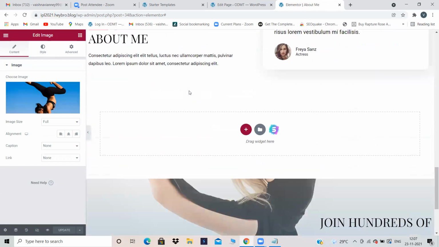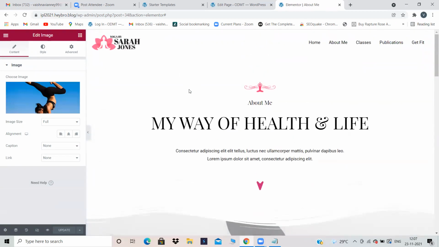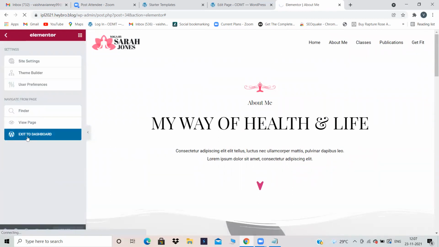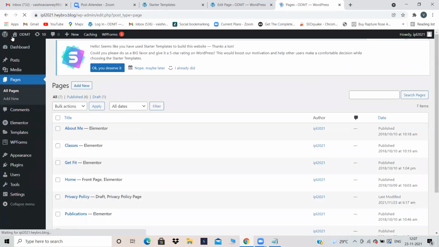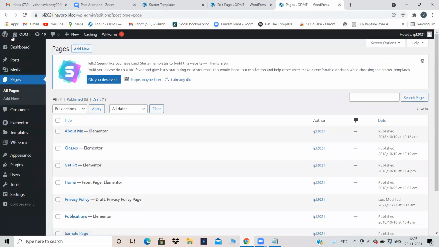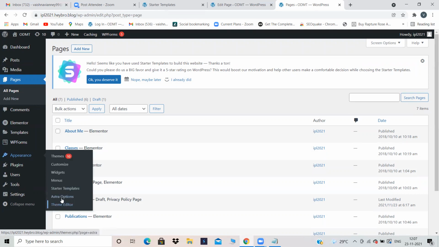Now, let's go back. See, the main concept you need to remember, Pranita, that is first Elementor, next Astra theme, install and activate Astra theme, then in appearance, about theme editor, Astra options will be available. Click on Astra options, click on importer plugin. That is import plugin you have to click.